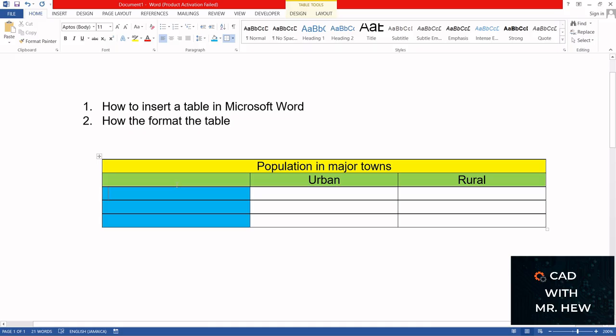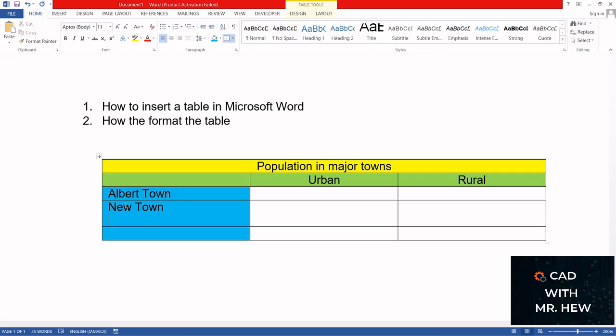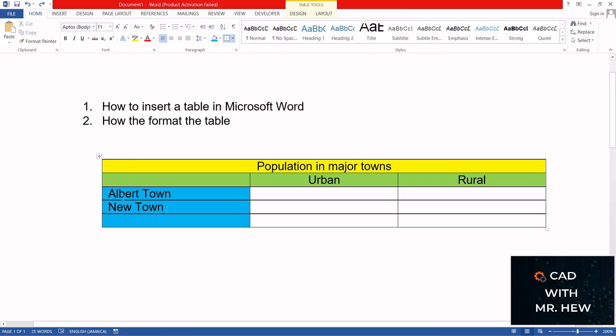So we're gonna label this town Albert, town, Newtown, undo, Newtown, Maytown. All right, and here now,